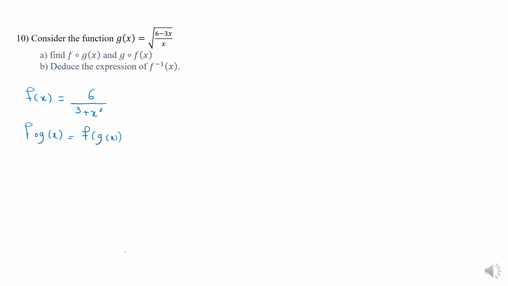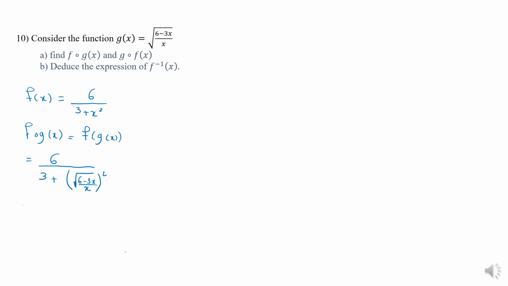So in the place of x, we will replace it by g of x. So it is 6 over 3 plus radical 6 minus 3x over x